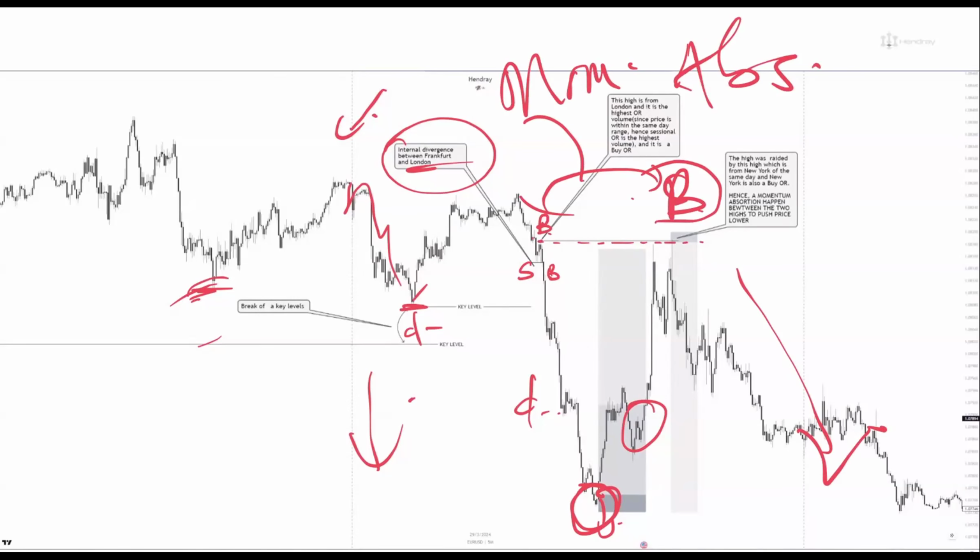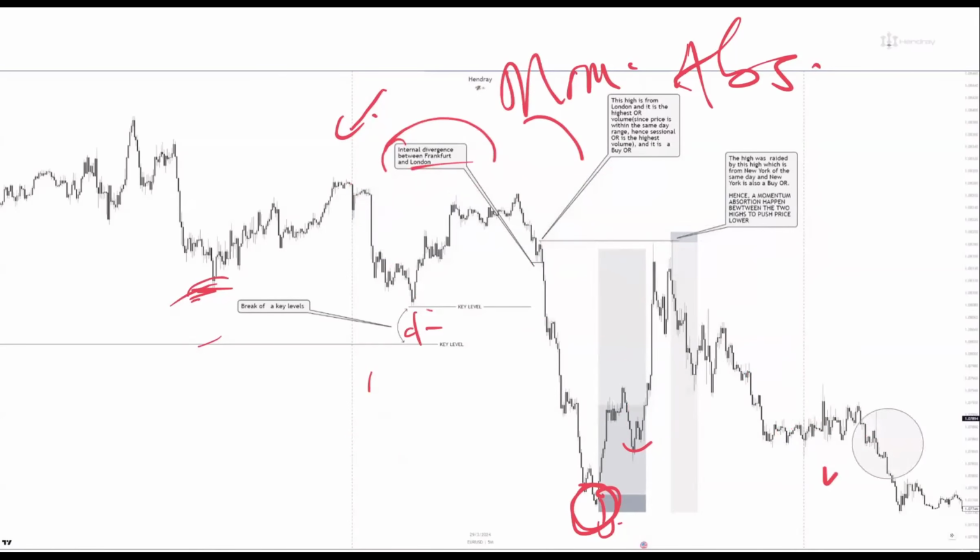Okay, same OR. But because we have D minus, and D minus shows us that we are still going downward, that price is still going downward, that is, sell is the bias. That is the bias. That is the trend. All right. But this pullback, we know that it is a pullback based on this internal divergence between two sessions that is calling price towards itself. And immediately that particular high is raided, price continues its direction. That high was just raided a little.